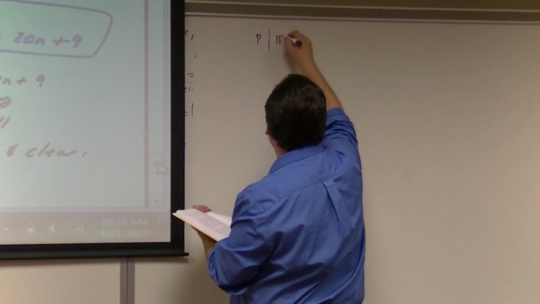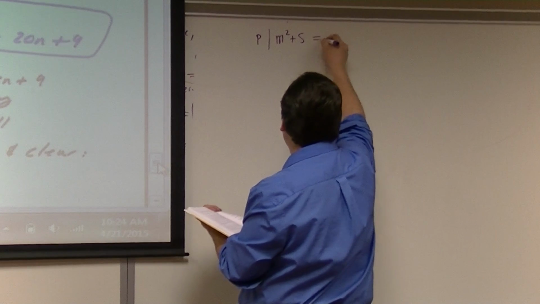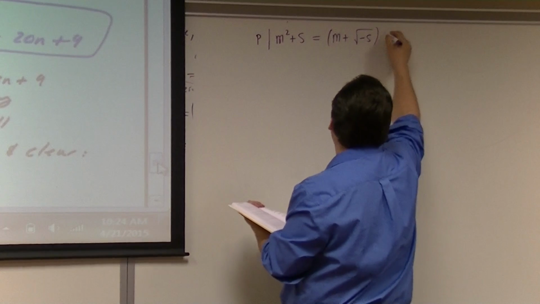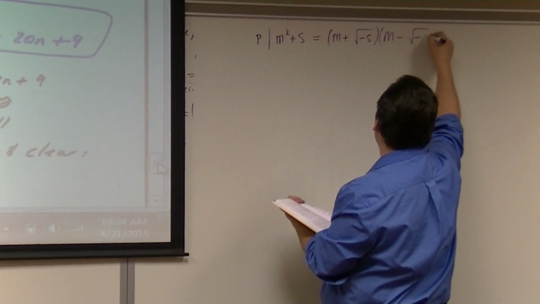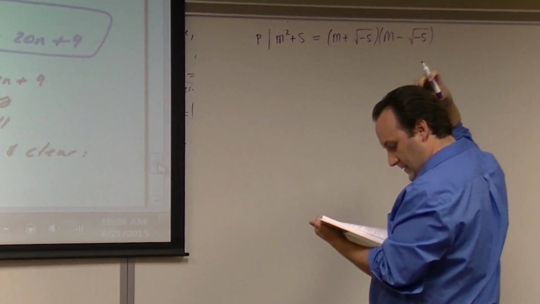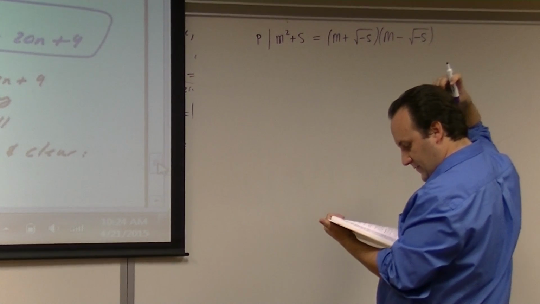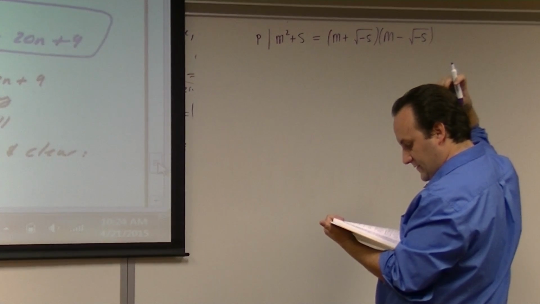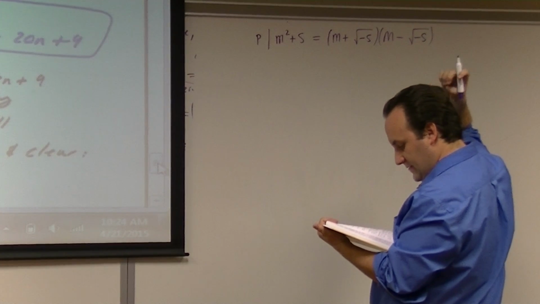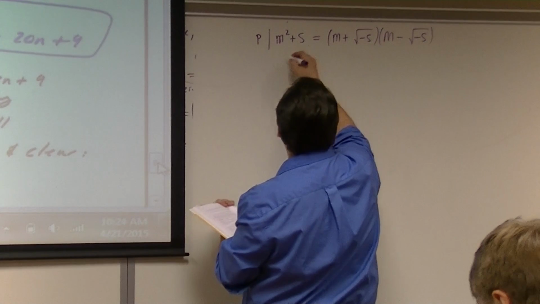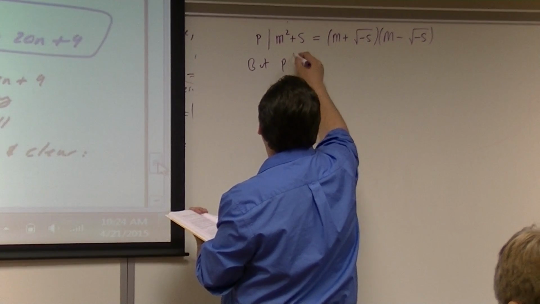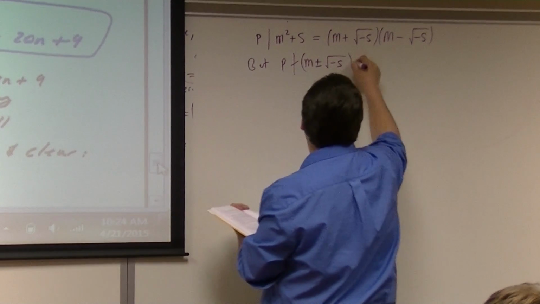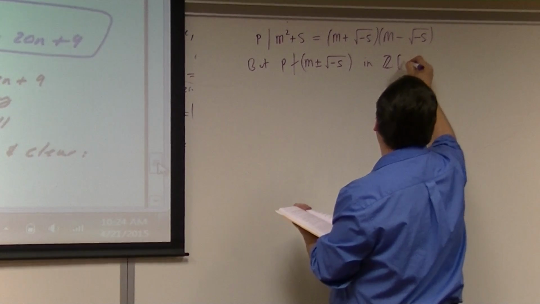All right, so if p divides m squared plus 5, m squared plus 5 is equal to what? m plus the square root of minus 5 times m minus the square root of minus 5. However, p does not divide either m plus the square root of minus 5 or m minus the square root of minus 5. p does not divide m plus or minus the square root of minus 5 in Z adjoined the square root of minus 5,